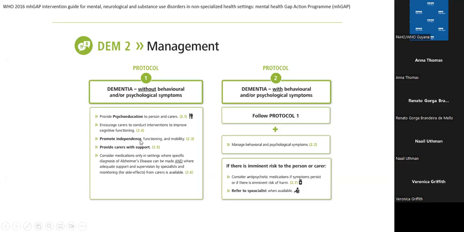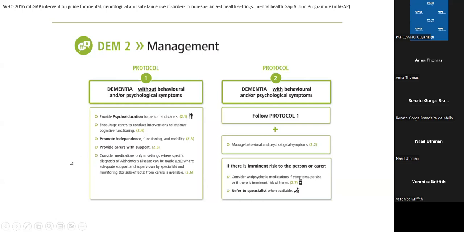Promote independence, functioning, and mobility, if needed, under the care of a caregiver. But promoting independence and functioning is very important. Provide carers with support. As I said before, this is more